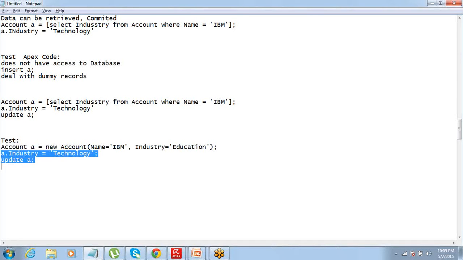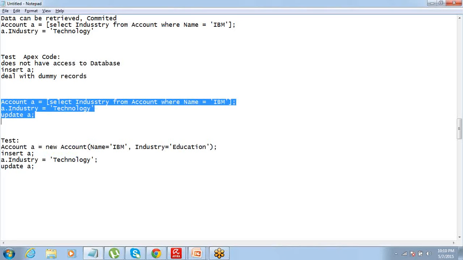Okay, whatever DML statement you perform, oh sorry, before you do this you should say insert a. So this is not going to insert any record in the database, don't worry about that, and this is not going to update any record in the database, so nothing will happen in the database, it will only test. This will only be used for testing. So it will do this and check that, oh fine, this is working. So this test method will give the code coverage to this one. That's it.